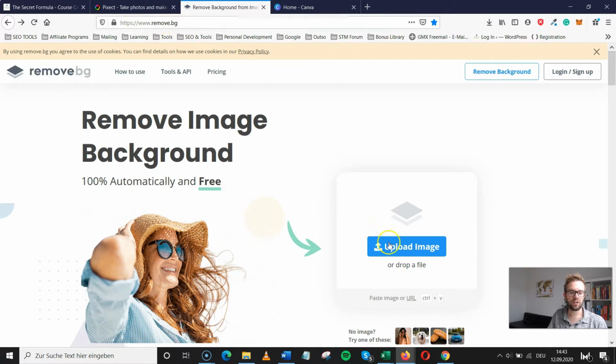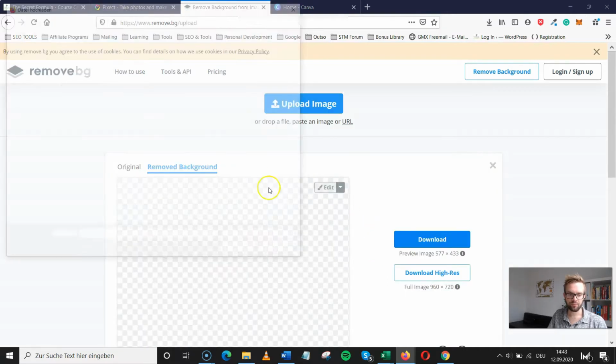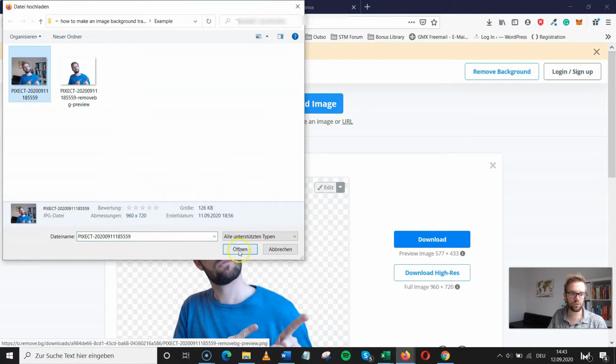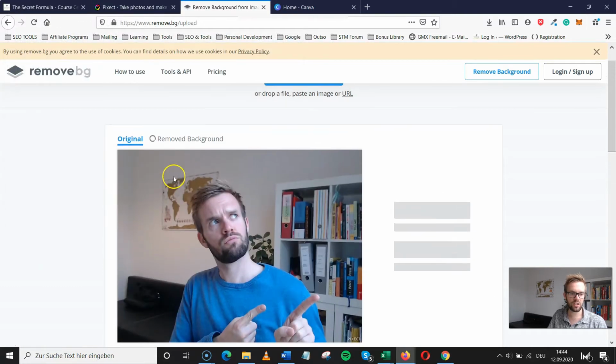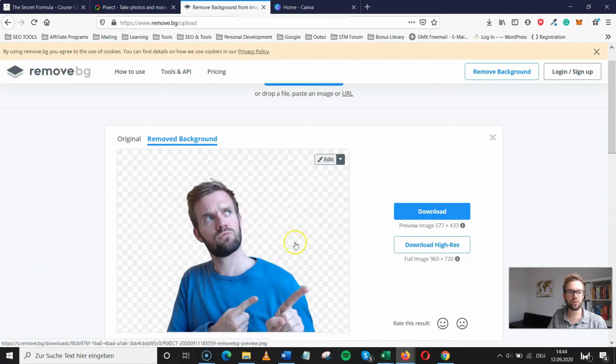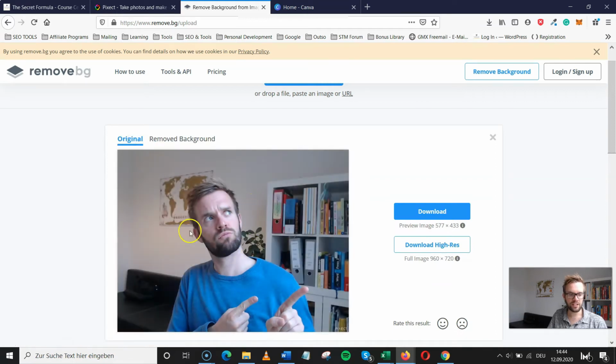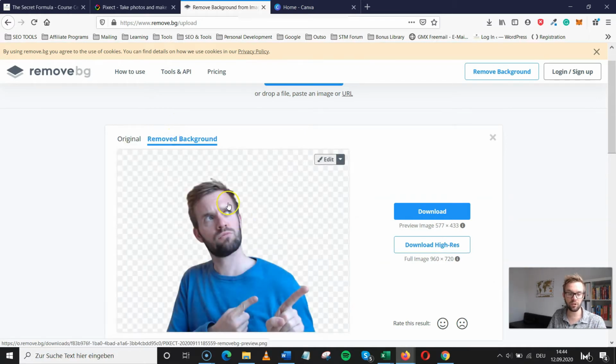remove.bg, and you click on upload image. And that's exactly what we want to do here. You want to upload your image, and that's the image I created. And that's originally the only thing you have to do. That's the one click you have to do, is to click on remove background, and it will look like that,